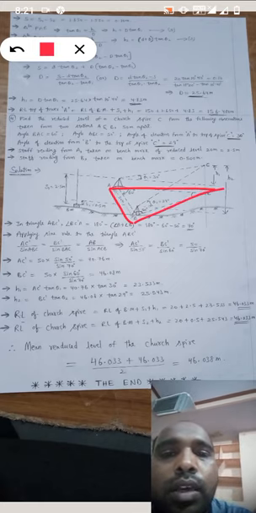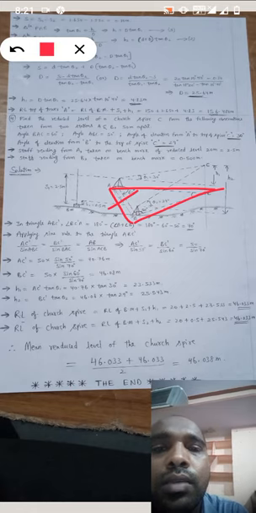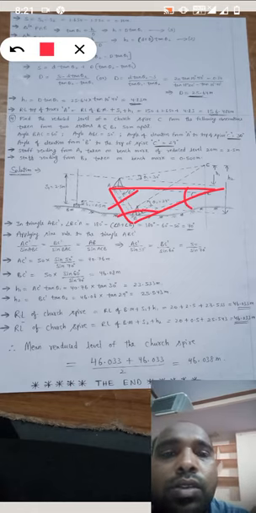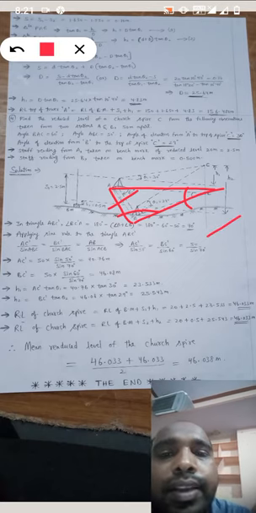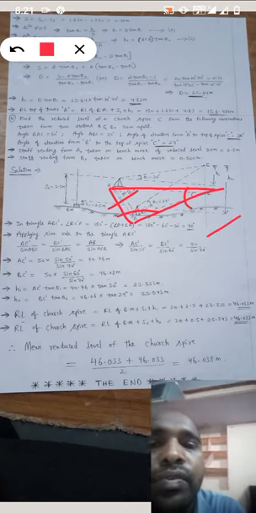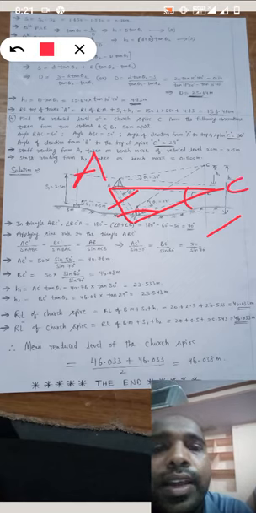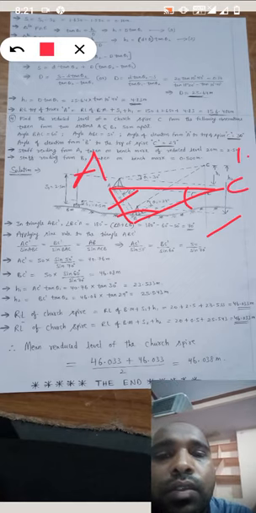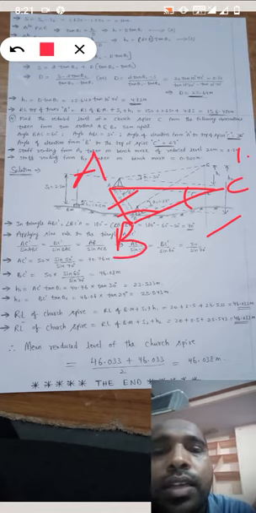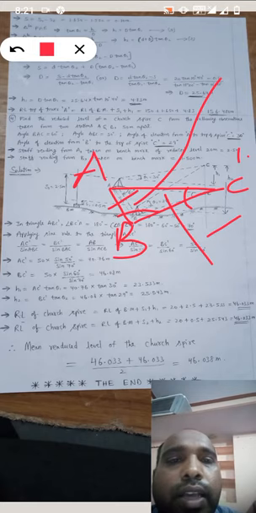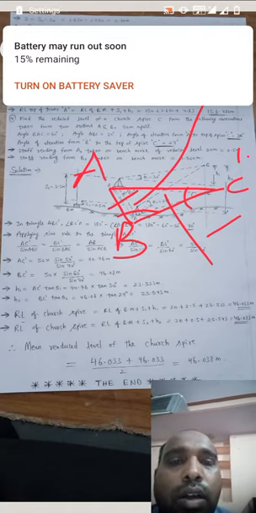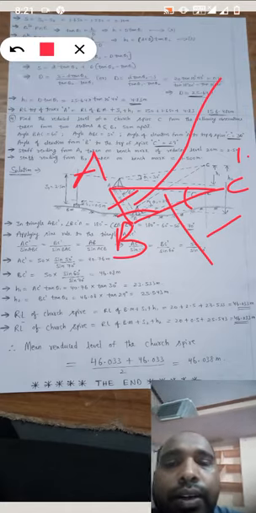From triangle ABC, A is given 60, B is 50. We have to find C. So by subtracting we will get angle C equal to 70 degrees. By applying sine rule we will find the length AC dash, and next we will find the length BC dash. So H1 and H2 from the formula we will get H1 as 23.533 meters, H2 equal to 25.543 meters.